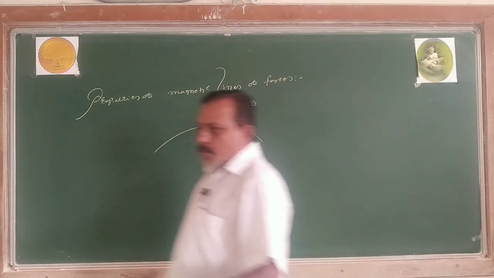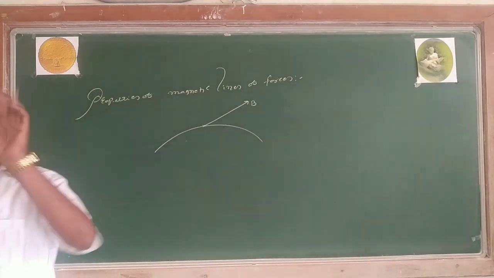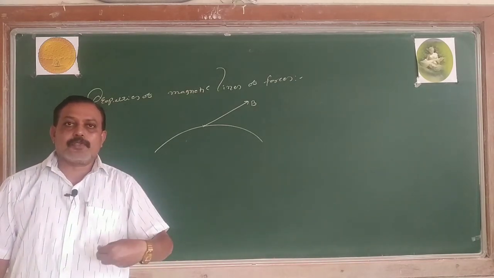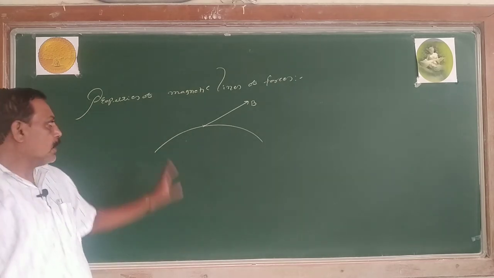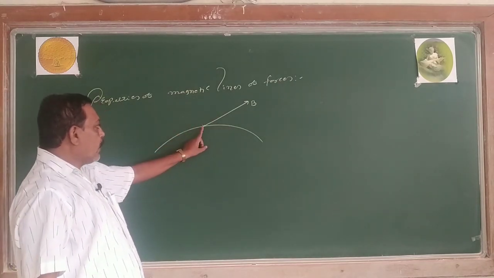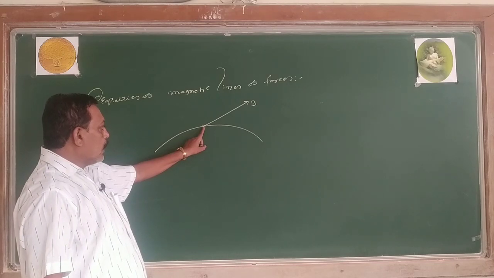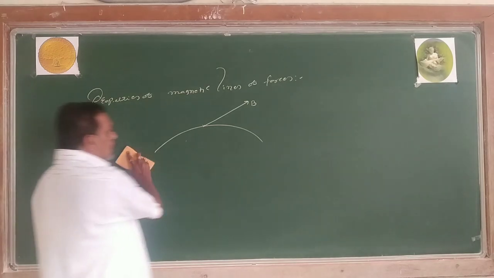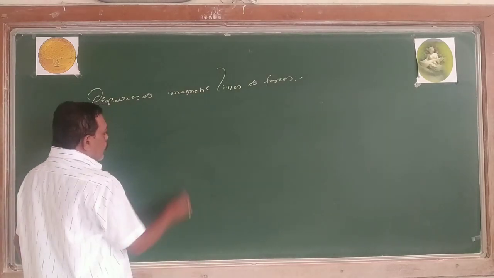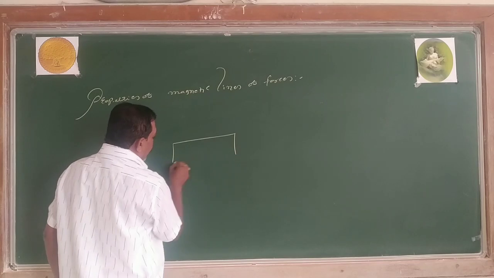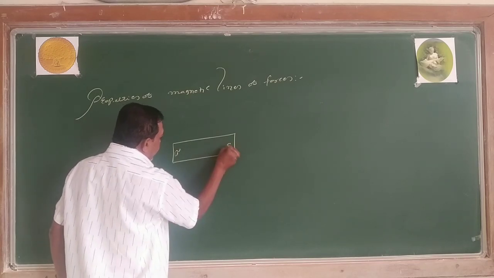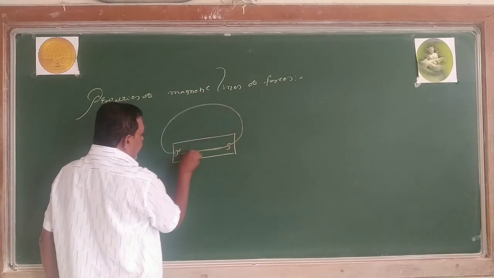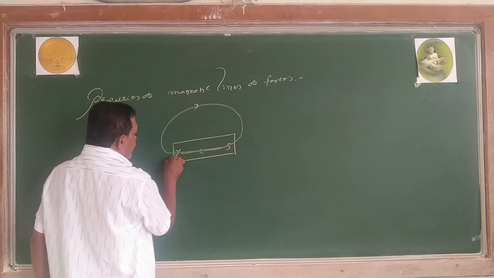The magnetic lines of forces crossing per unit area normally through the surface give the magnetic field. These are purely imaginary lines. If I draw the tangent to the line at any point, it gives the direction of the magnetic field. The magnetic lines of forces originate from north and terminate on south, and they form closed loops.